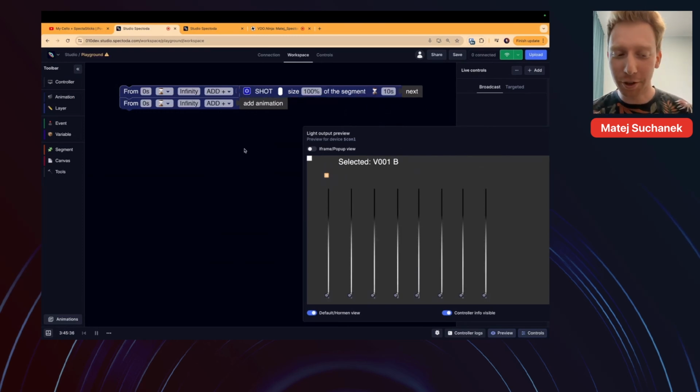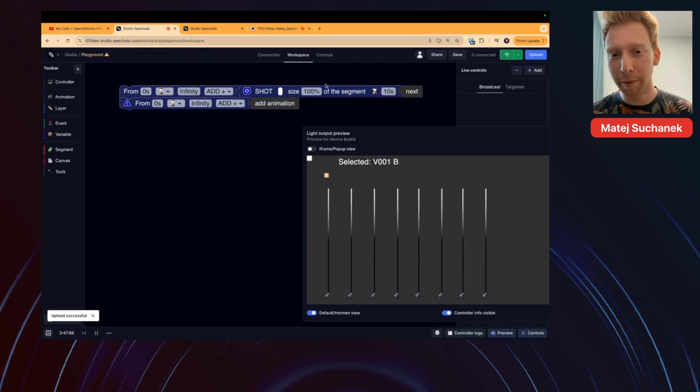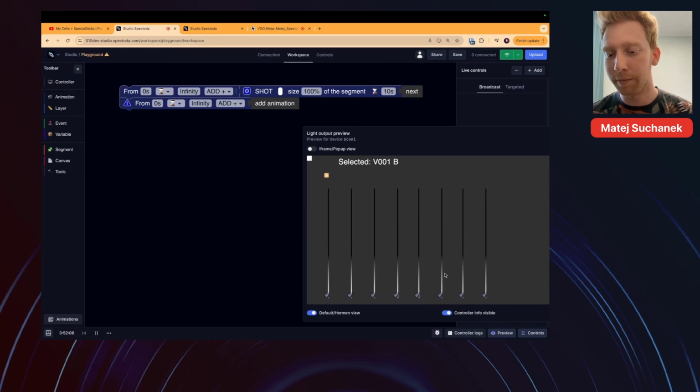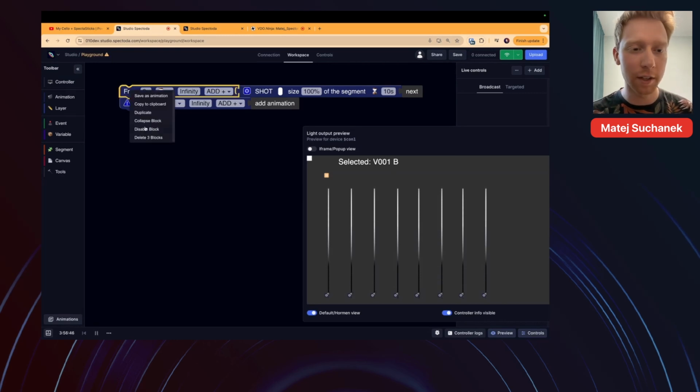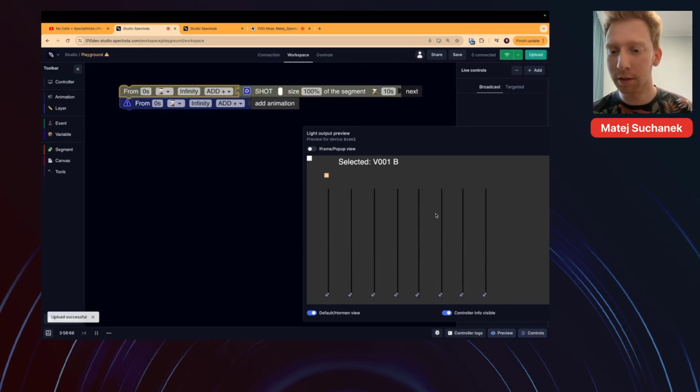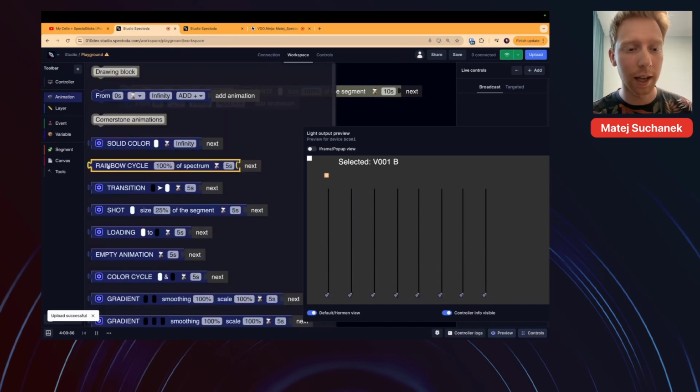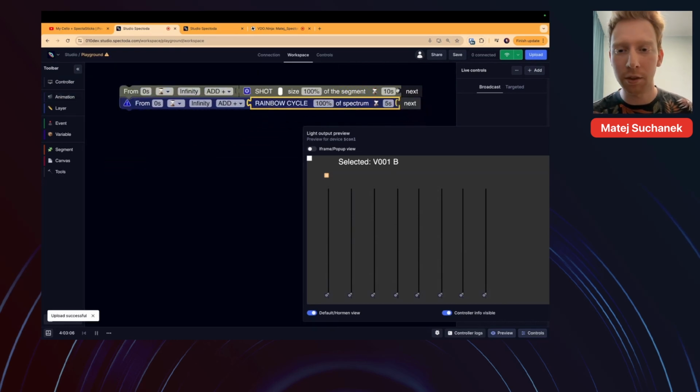So for example, I will make this shot not so fast, and then if I disable this block, it's not showing here, and I can have this rainbow cycle